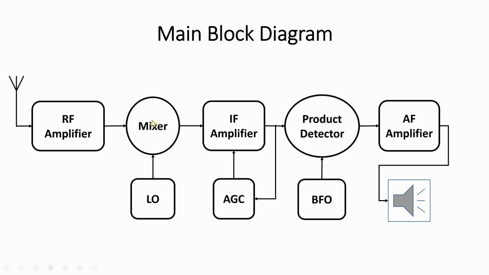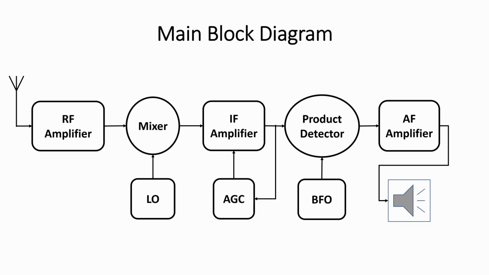The signal at the IF frequency is then passed to the IF amplifier. And we have the AGC, which adjusts and controls the gain of this IF amplifier. The reason for this AGC feedback is to provide a great amplification for the very weak signal received by the IF amplifier. The output of the IF amplifier is then passed to the product detector,